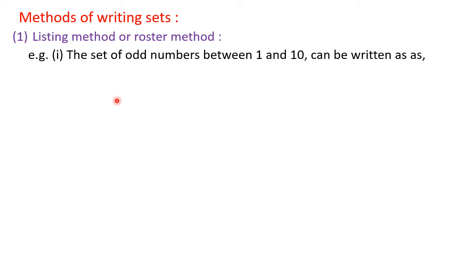Okay, so let us take one example here. We will take the example of the set of odd numbers between 1 to 10. Now I want to write this by using the listing method or roster method. So just recall how we are going to write the set. The very first thing is that we use a capital letter, then we put the equal to sign, then we write the curly bracket, and then we write down the elements. Directly you will not start writing 1, 3, 5, 7, 9. No.